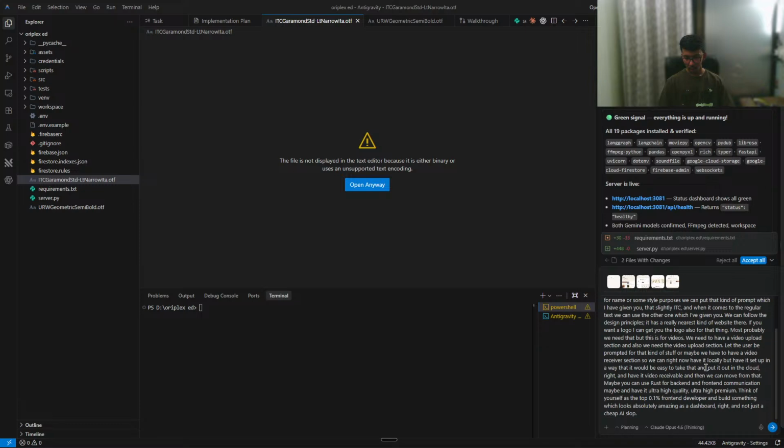And also the default way of saying, think of yourself as a top 0.1% front end developer, and build something which looks absolutely amazing as a dashboard, right? Not just cheap AI slop, right? So we have to specify it as much as we can, because that will really help it understand